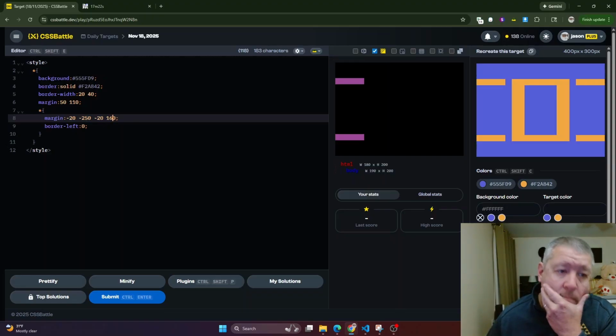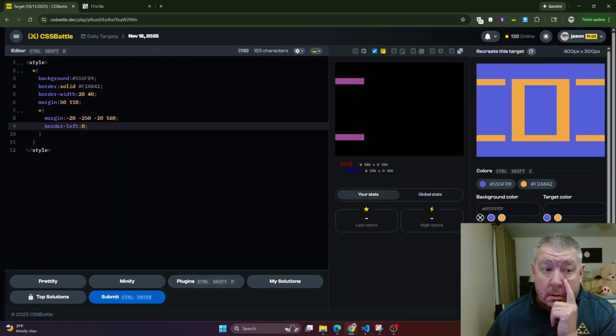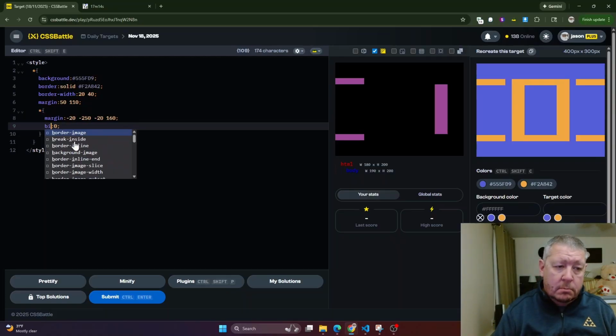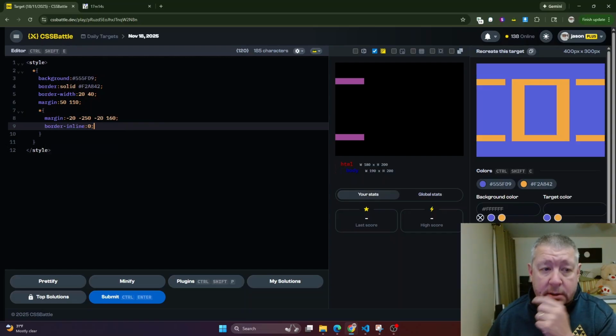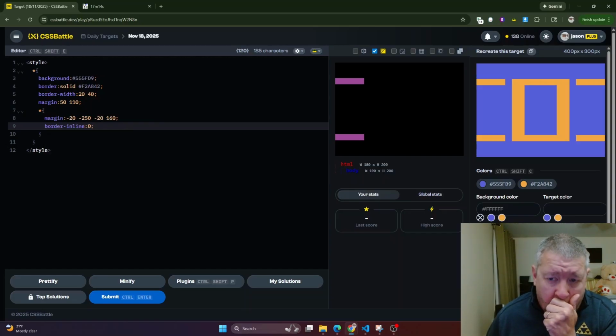Could do that. Actually, we could say border inline 0. Now we get rid of both sides. And then